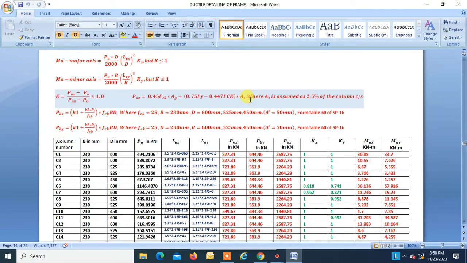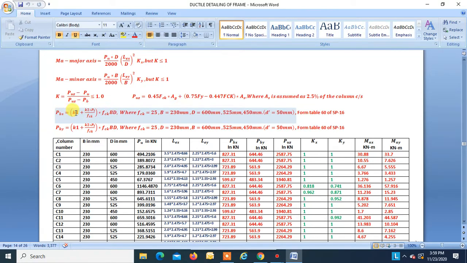So as we can find from this percentage, right? Now PU is the actual design force coming in each column, and PB is the balanced load, right? So balanced load about major axis will be PBX, and about minor axis it will be PBY. You can find PBX and PBY by this formula, that is (K1 + K2 · PT/FCK)